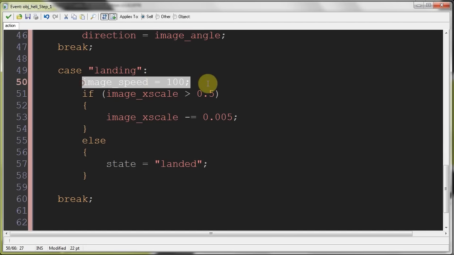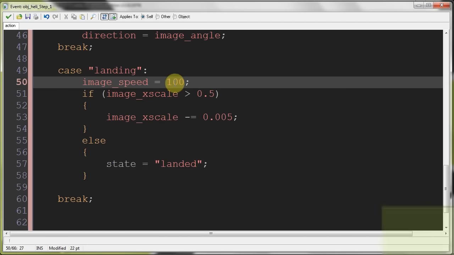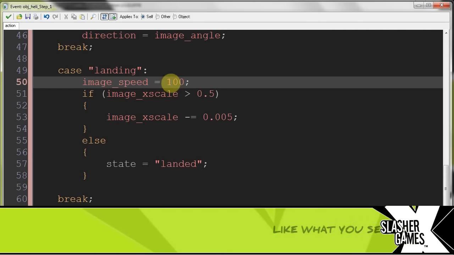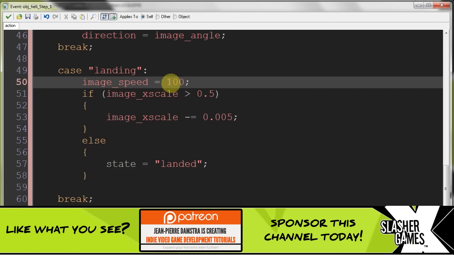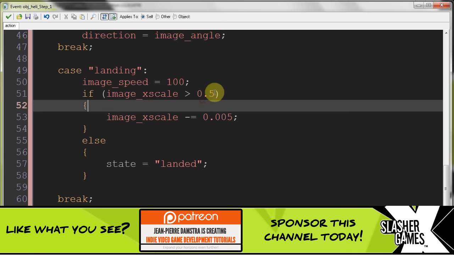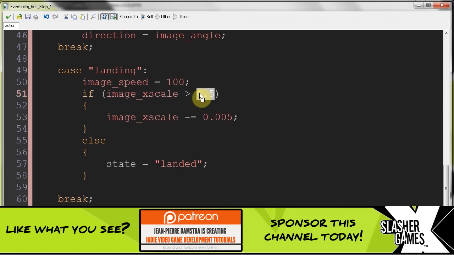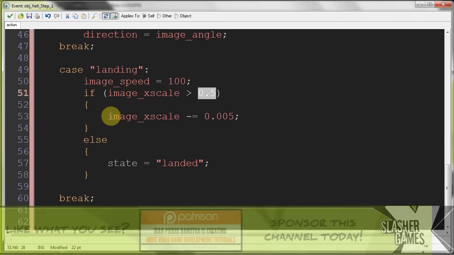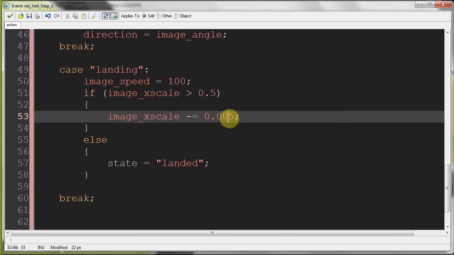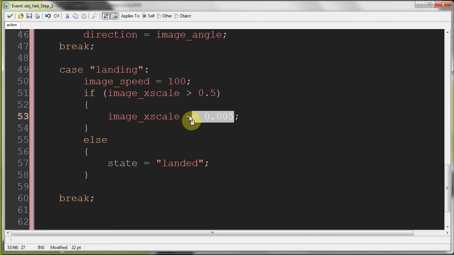Notice this right over here. So we started our image speed over here. It was 200, now it's 100. We've decreased the rate at which the image index changes. We are making sure that as long as we're greater than half our start scale, the scale at which we imported the sprite, then we're going to decrease the scale by 0.005 every step until this condition